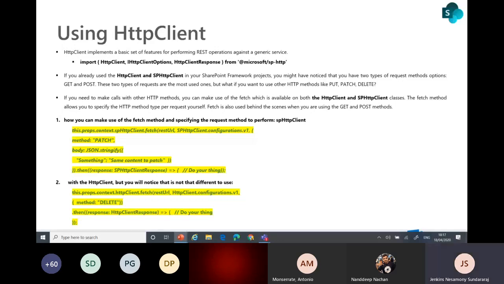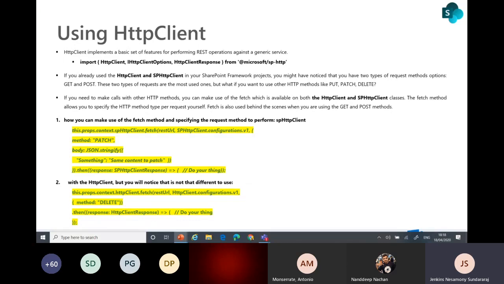Okay, and when you go for the patch method, it's the same, only a little bit different, right? Not much difference from the normal request. Here you also have the context, the HTTP client fetch, and the REST URL, nothing but your relative URL, whatever it is. And we are patching the method. You decide what activity you want to do with the action using the patch.